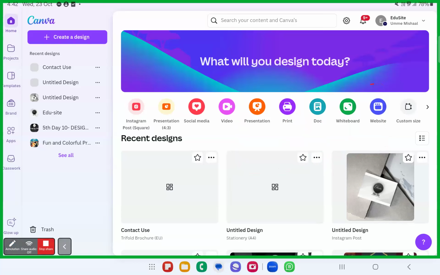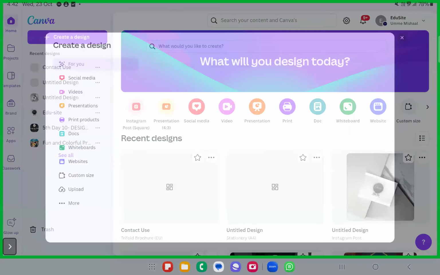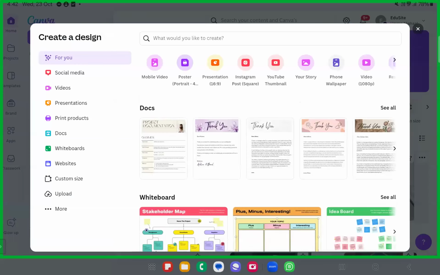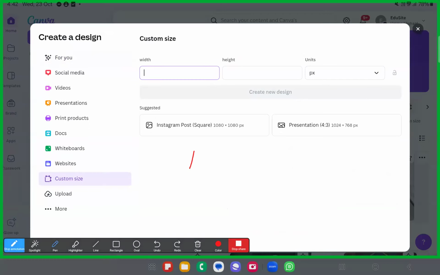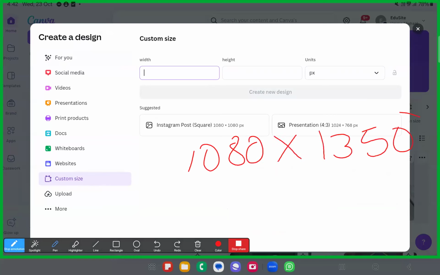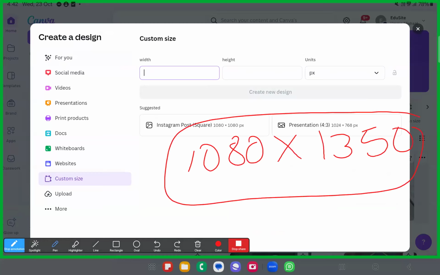So if it is two carousels in a page, two pages in the frame, then you have to have the aspect ratio like 2160. Usually our design would be this one plus this one, right? So the portrait version of an Instagram. We have to go ahead with the custom size. Just remember this one. Usually our post will be 1080 by 1350. Okay, I'll just write it up for you. 1080 by 1350, this is our post size on the Instagram.